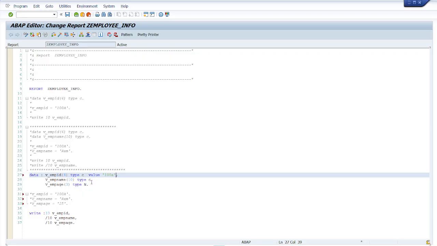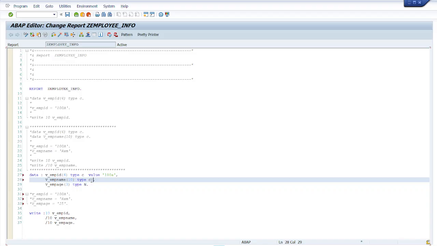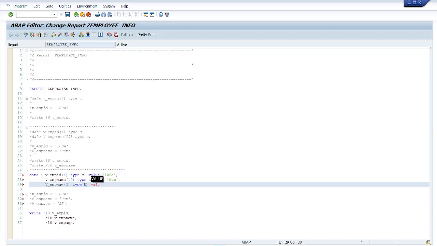But now we are defining the variable and assigning the value in a single line. So this will reduce our code more. Value RAM, value 25. Okay. Now if I execute the same, check syntax,